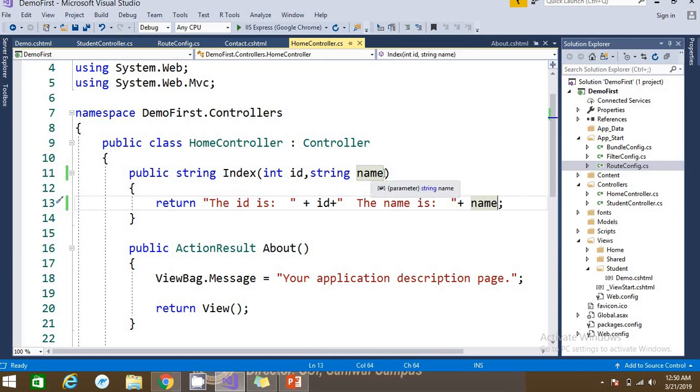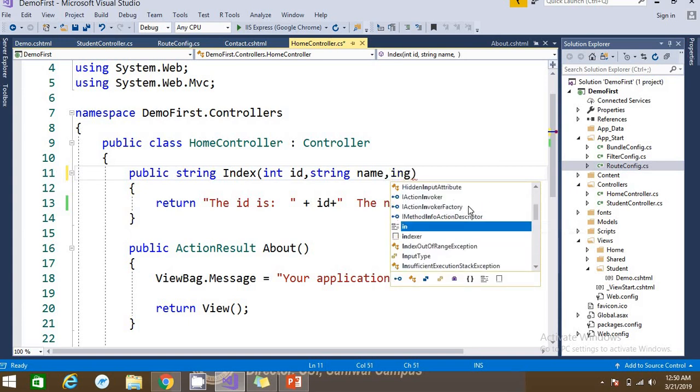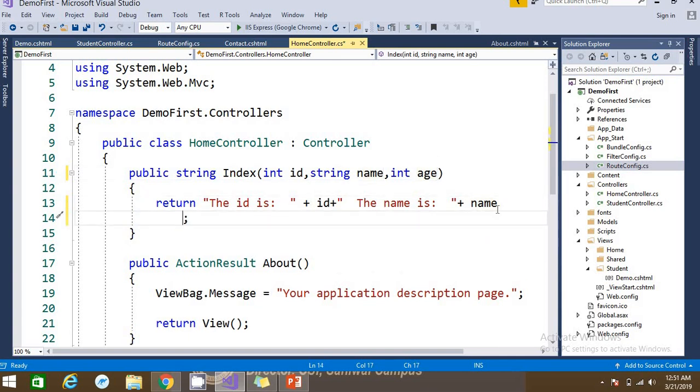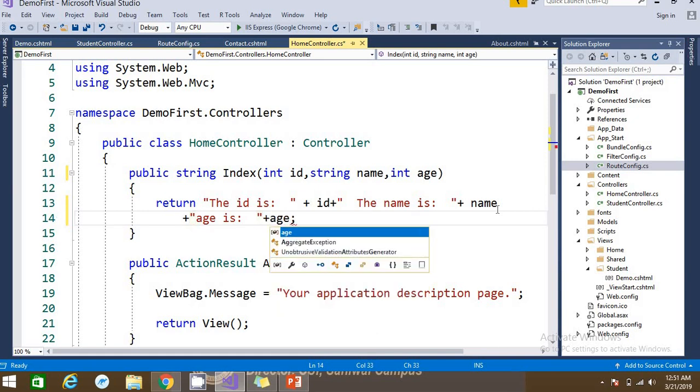You can reuse them. So what if I want to pass a third parameter? Let me pass the third parameter, you may say age. I say it as int age, and how to invoke, let me concatenate this string. Age is, and we concatenate the age value over here. And if I again rerun it,